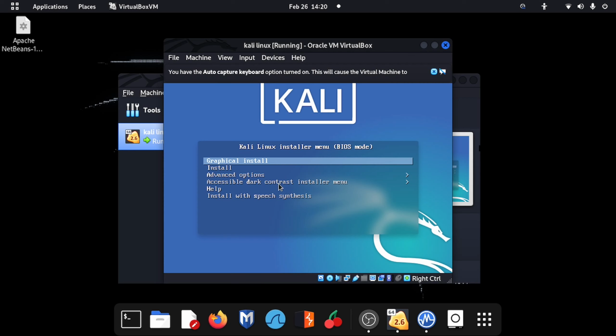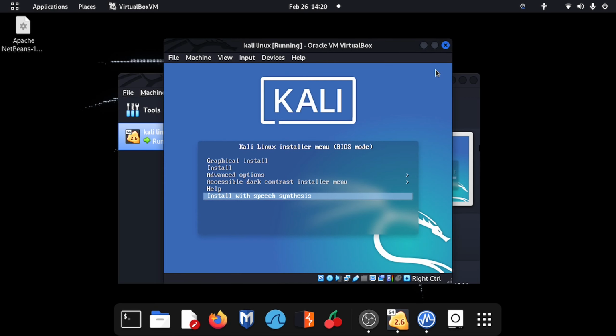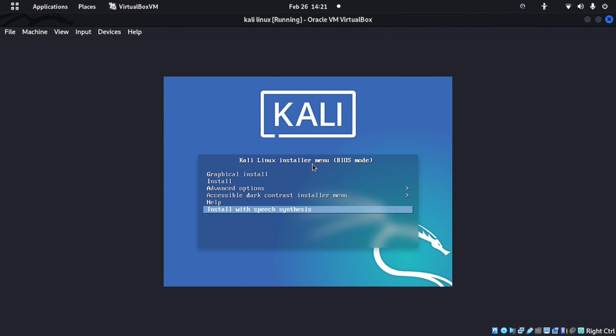There you go, it's loading. As you can remember, there was install and graphical install auto when we were trying to install there. So as I told you, it's kind of the same thing. Everything is just the same. The only difference is that you are using VirtualBox and the other one you are installing straight to the computer. So we'll choose install,